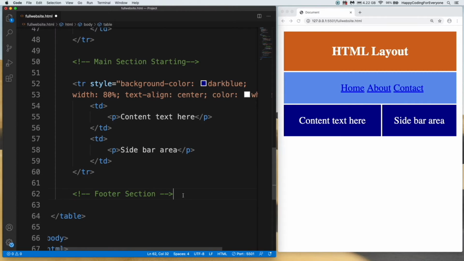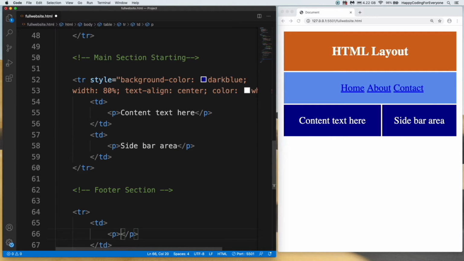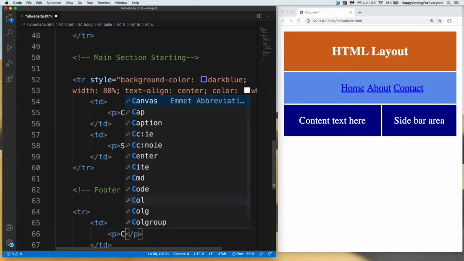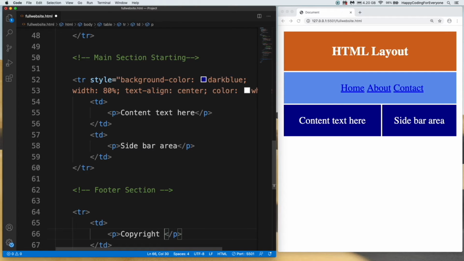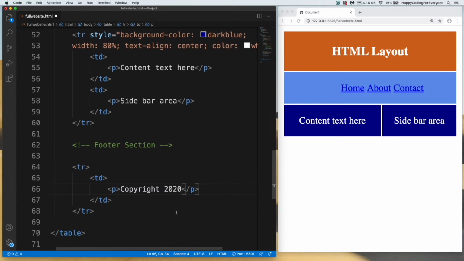Comment it out and create another TR and TD and P. For paragraph, let's say copyright 2020. Let's save it. You see the text here. Let's put some type